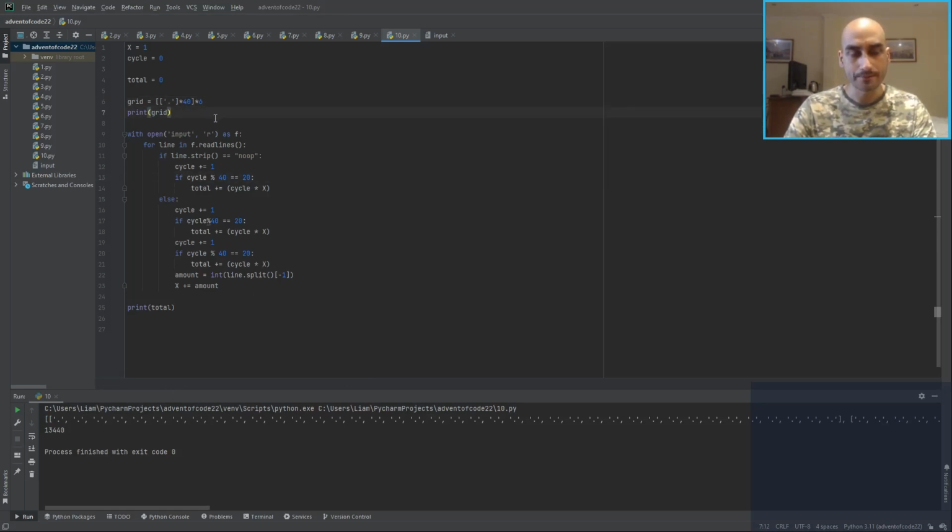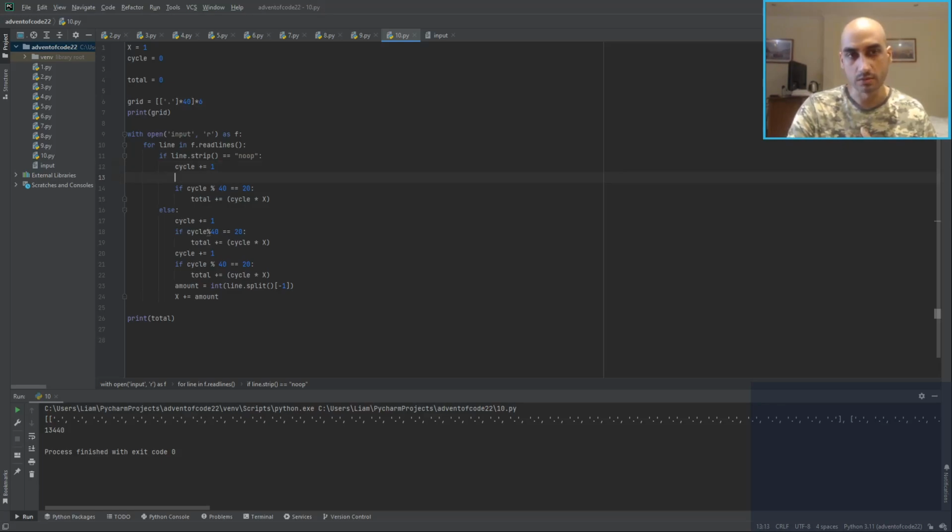So each time we move to a new cycle, basically every time we do cycle plus equal 1. So we don't care about this total. We can continue computing it just so that this is backwards compatible. Cycle plus equal 1, so